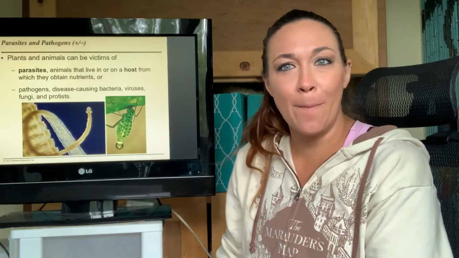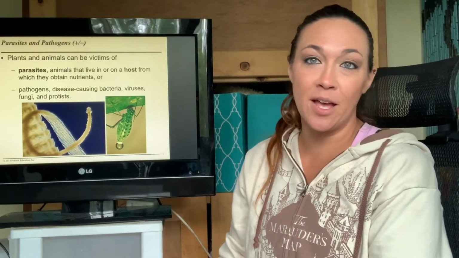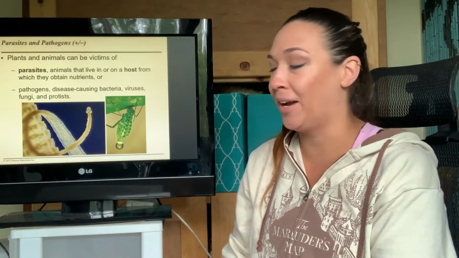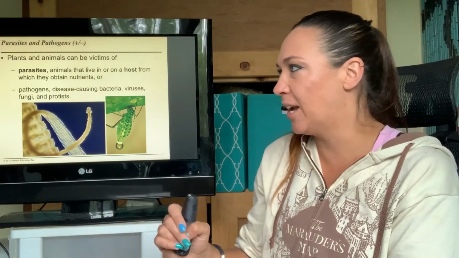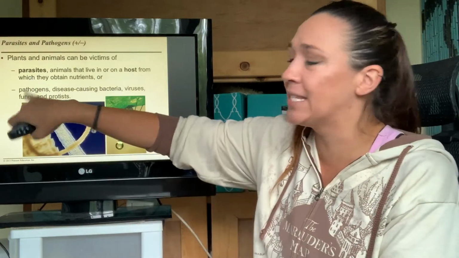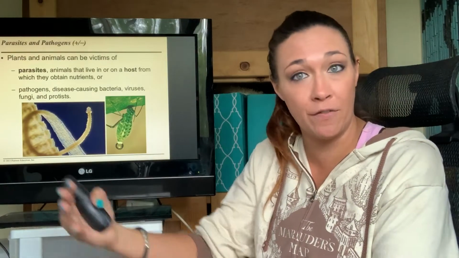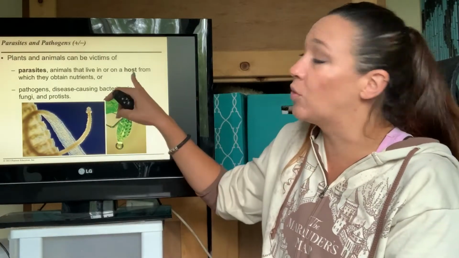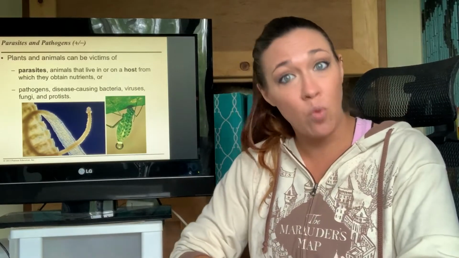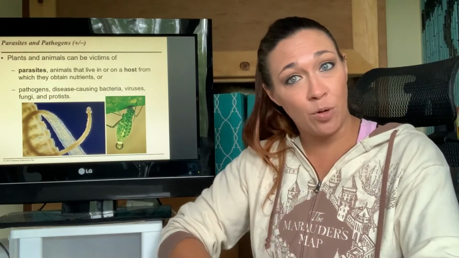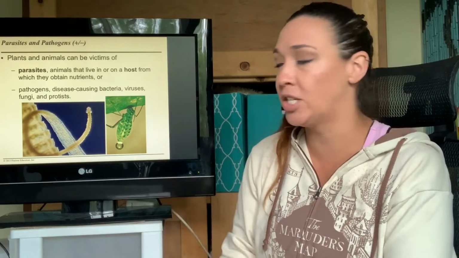All right, let's talk about parasites. We've kind of already talked about them briefly in our other lectures, but let's go into some specific parasites. Now, the parasite is the animal that's actually living off of the other individual. The other individual is known as the host. So if I had, say, a tapeworm living in my stomach, that would be gross, but I would be the host and the tapeworm would be the parasite. Just to define those two.